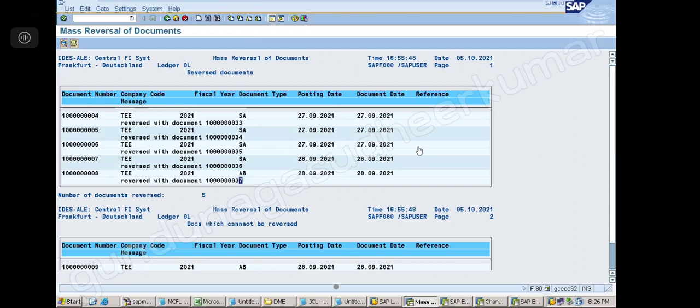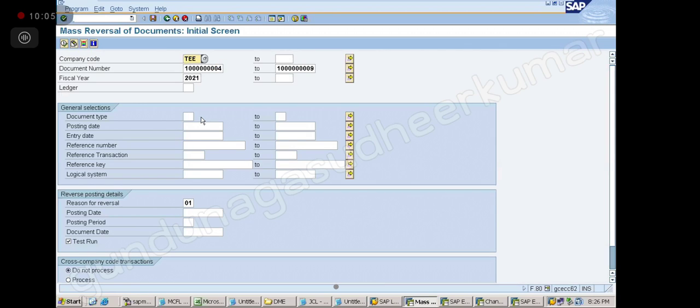Sir, is this the screen that already reversed? No, just now I have reversed. Many documents I have reversed. Actually, power went, so I couldn't show. Sir, just show F.08 once. F.80, not 08 it is.